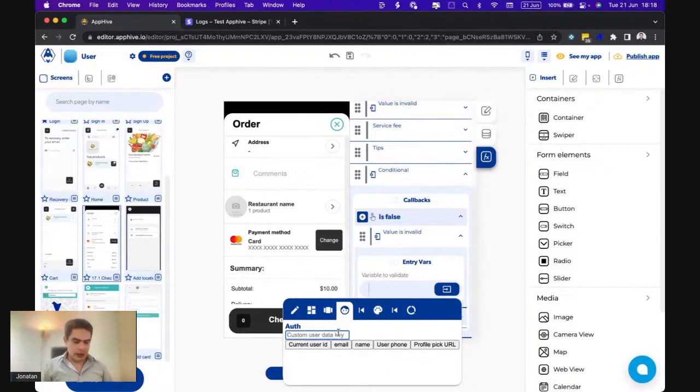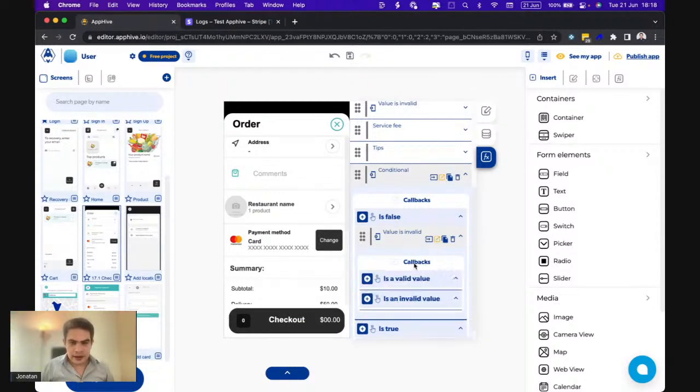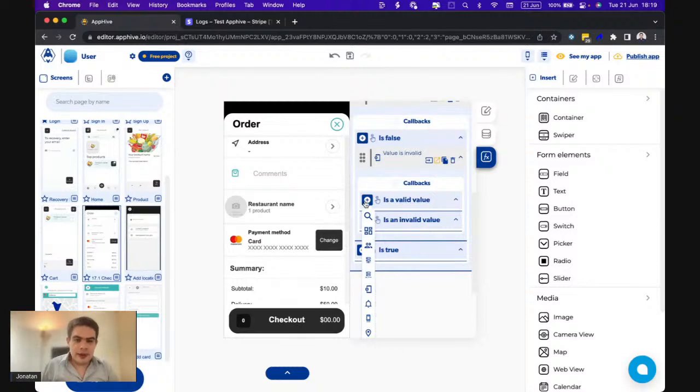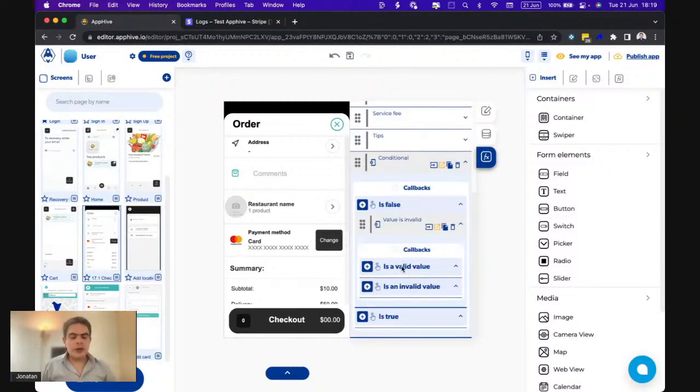So we're going to use value is in value, card ID. If the card ID doesn't exist, well, we can send the user or display something to send the user to choose a payment method. But if it's a valid value, it means that at this point it's not cash, the full payment method, and also